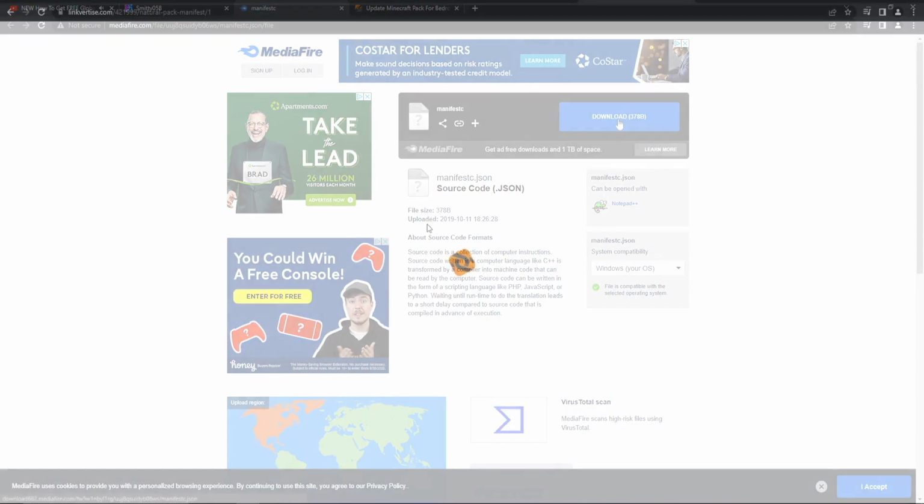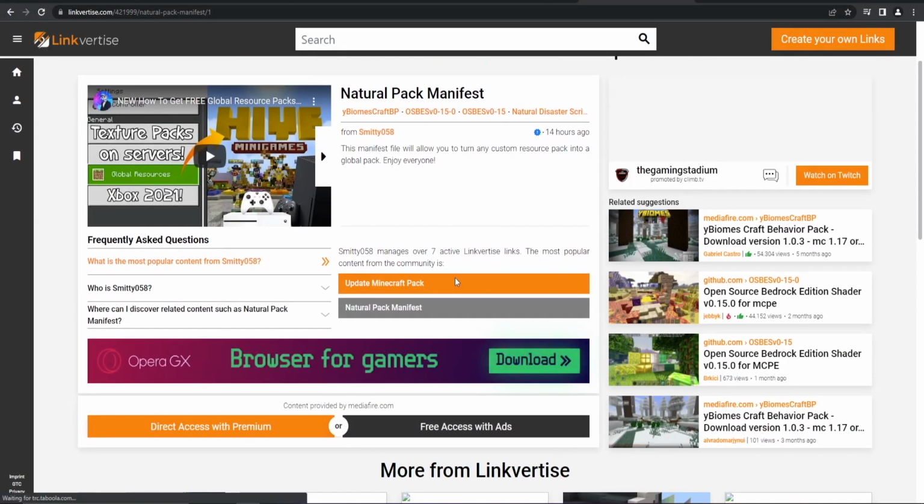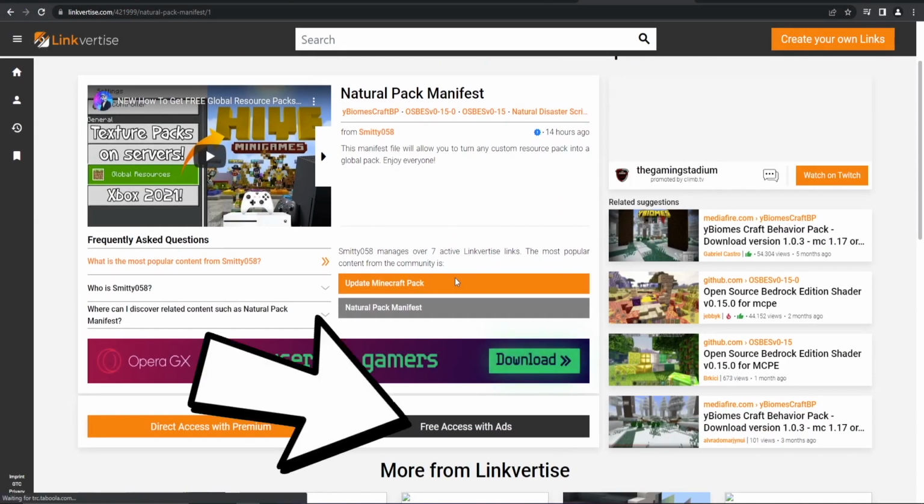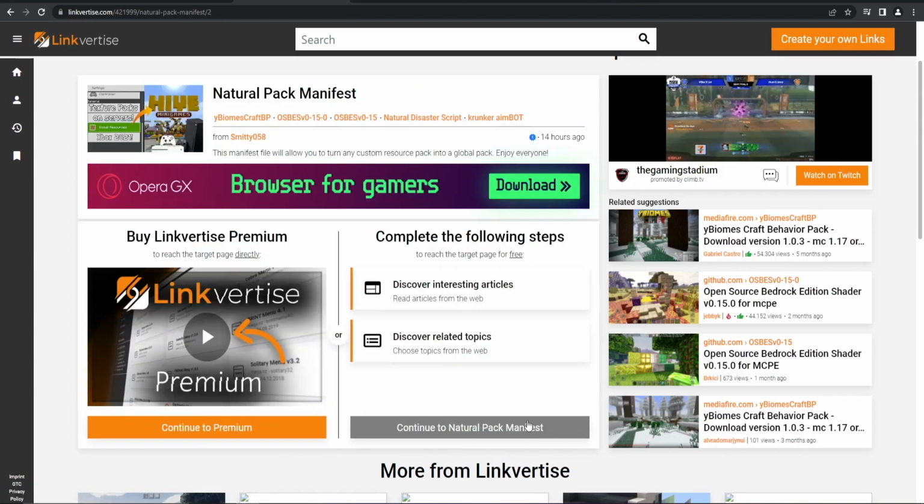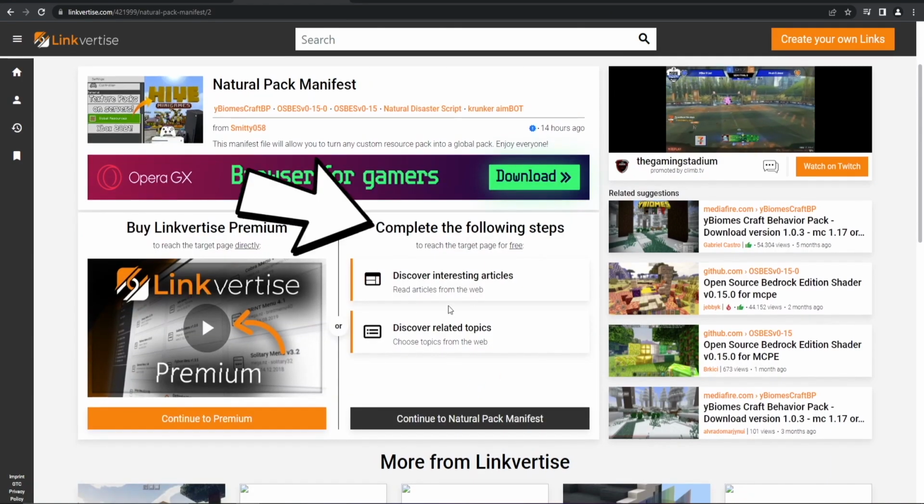Now for some manifest file and texture packs, you will need to get past a site called Link4Ties. To get past Link4Ties, it'll look like this. You want to go to where it says free access with ads on the bottom right. Once you press free access with ads on Link4Ties, it'll give you this screen, and basically it'll say complete these following steps, and you just need to complete the pop-ups that are there,